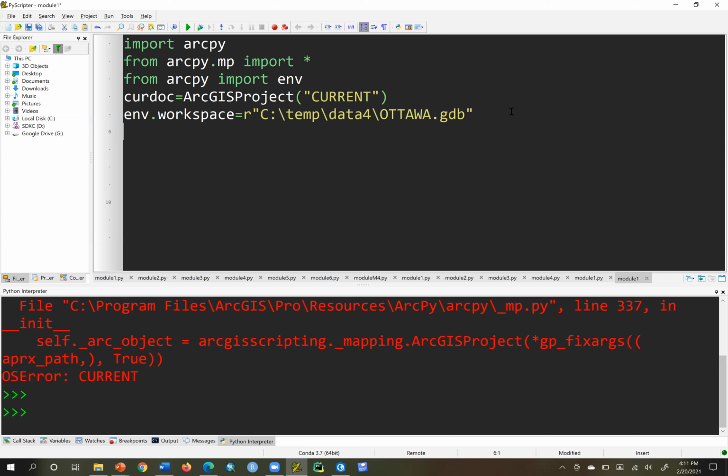And then path to APRX. Path to APRX file will be equal to, in our case, current. And this makes it very easy to go back later, once we know it's working the way we want, and run it by changing this to a path to an MXD or APRX file and then running it outside of ArcGIS Pro. So we have those two, the path to the APRX,